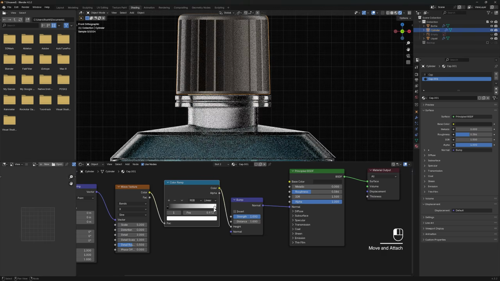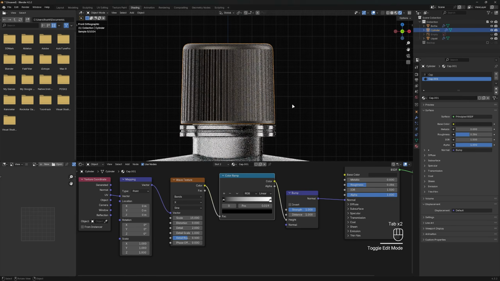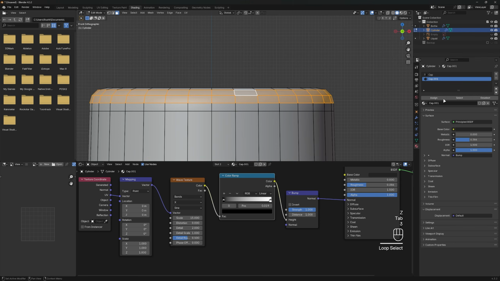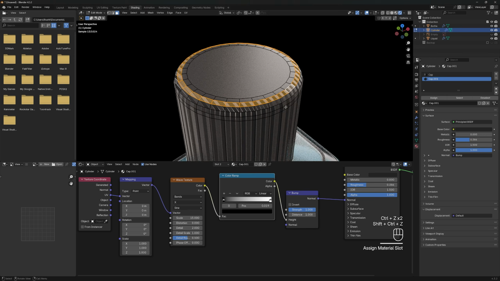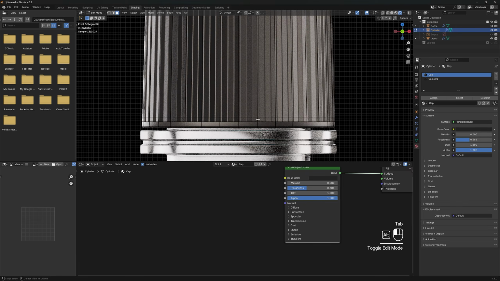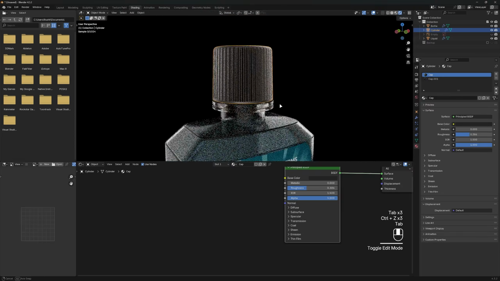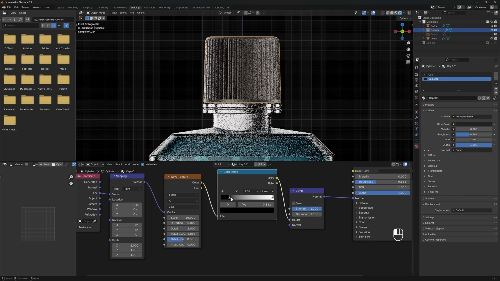Push the color to the middle slightly on the color ramp and set the wave texture scale to around 15 to 20. We can assign more face loops on the top of the cap, but there will be more face issues here because we did not unwrap it. So I unassigned some of the top face loops here, and I leave it to you guys if you want to unwrap the cap and play around with the material.